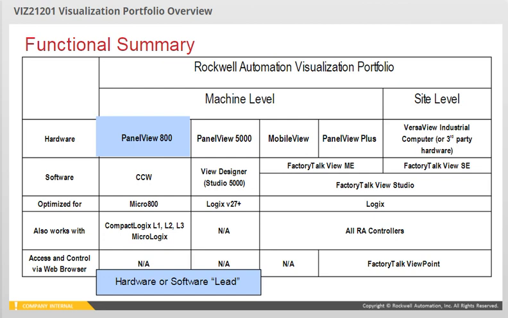It also works with some, but not all, CompactLogix controllers, specifically the L1, L2, and L3 processors, as well as the MicroLogix family. The newest generation platform in the machine-level category is the PanelView 5000. This platform represents the future of machine-level HMI for Rockwell Automation. It is optimized for Logix